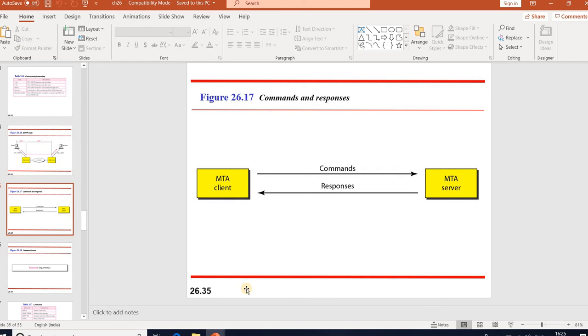SMTP uses commands and responses to transfer messages between the MTA client and MTA server. Each command or reply is terminated by a two-character end-of-line token.